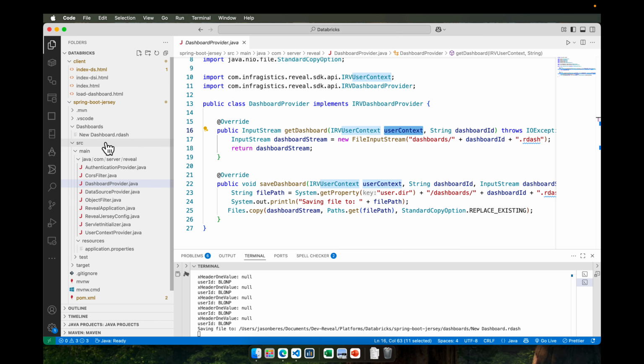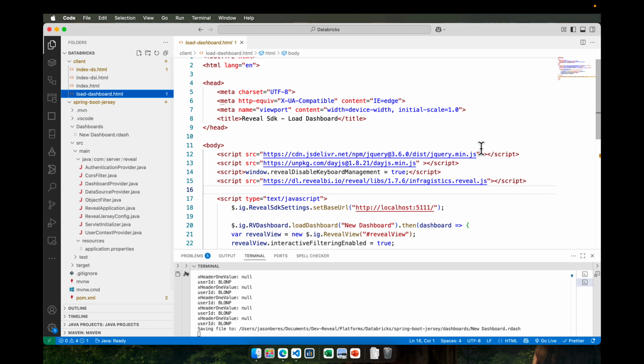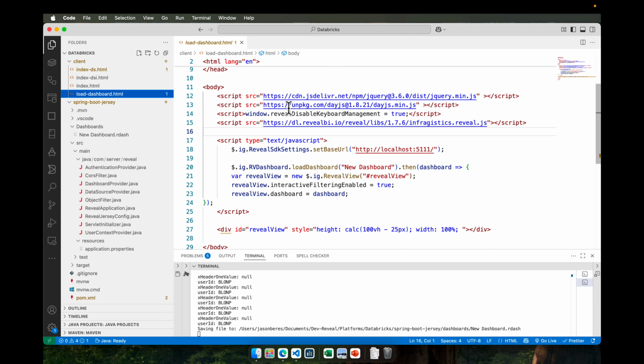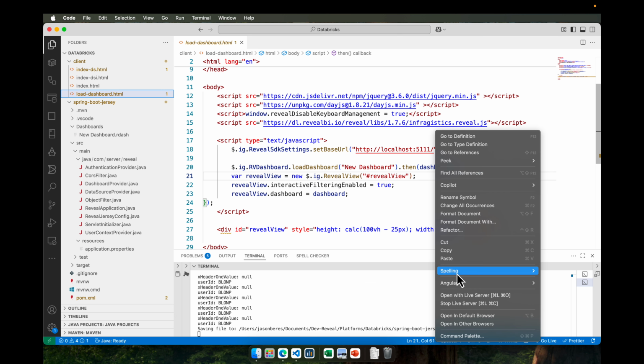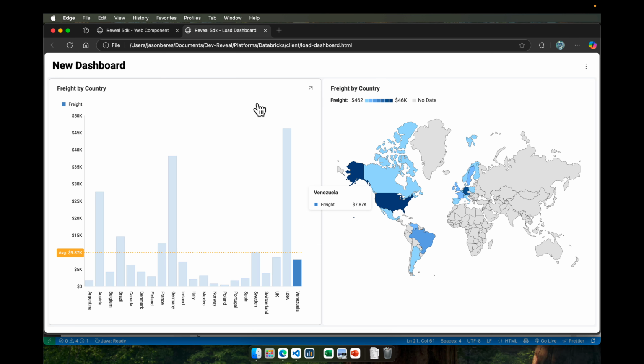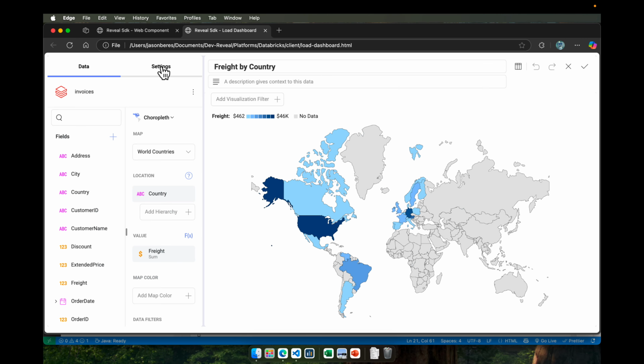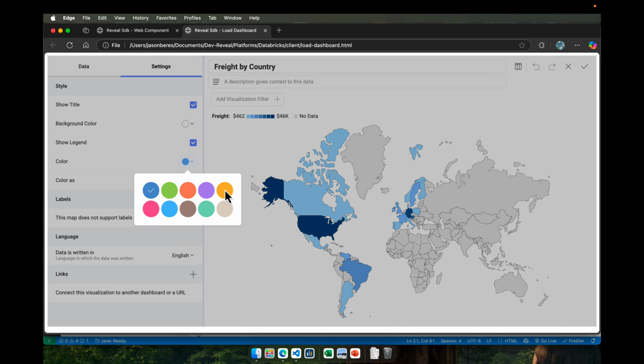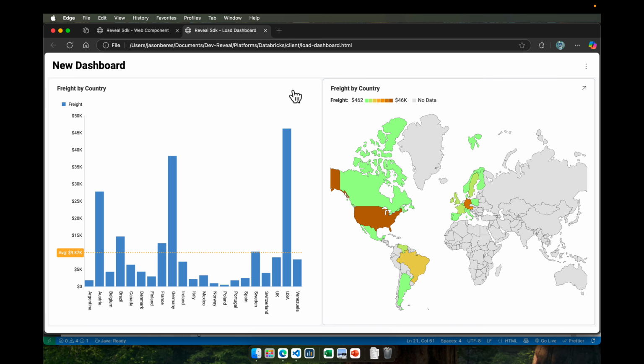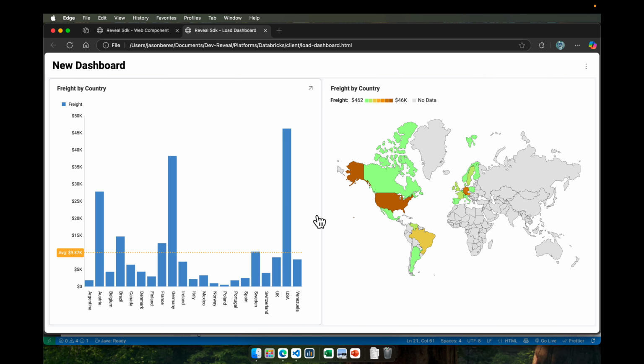So now that I've saved this, how do I load it? So let's go to load dashboard. You can see here, I have the same dependencies. I have a reveal view. The only difference here is instead of on data sources requested, I'm calling load dashboard. What do I want to load? I want to load new dashboard. I'm going to right click, open this up in the browser, and we'll see what we just created. So now if I edit this and I change this feature to something maybe like a different color, and I check the box, do a refresh, that's automatically going to overwrite